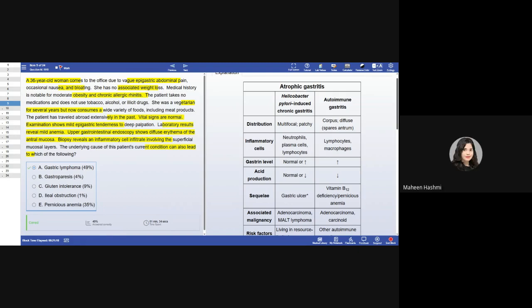Very good. It's clarithromycin, amoxicillin, and a PPI, the proton pump inhibitor. It's clarithromycin or amoxicillin. If you cannot give it, or if you have sensitivity, you give metronidazole. All right. Yeah, I forgot what sensitivity was.